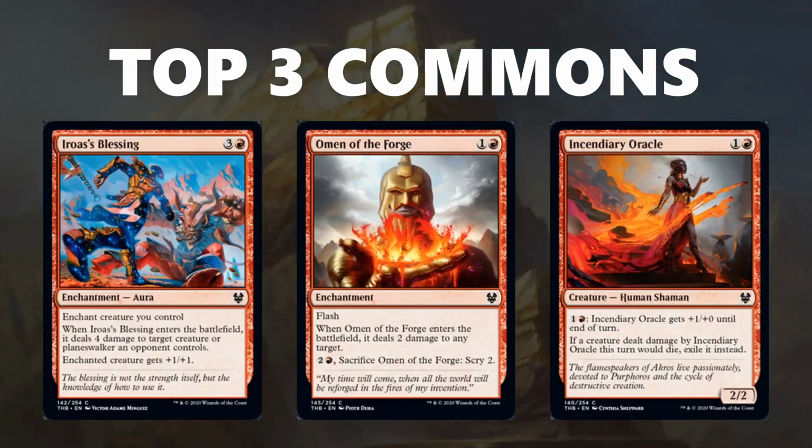Moving on to the red commons, as the top red common I have Iroas's Blessing. It is very difficult to pick your moment with the spell, but when you do, you get a pretty powerful removal spell, dealing 4 to any creature and ending up with a slightly bigger creature as well. The fact that it is an aura can also be beneficial for a variety of cards in the set,